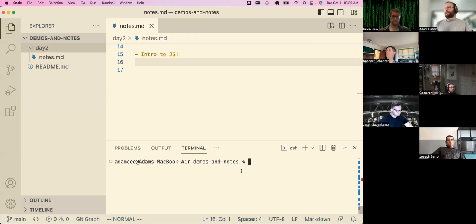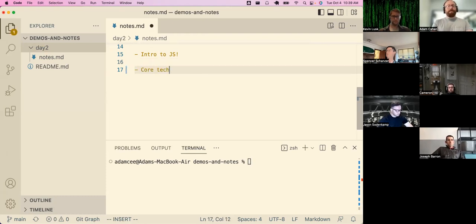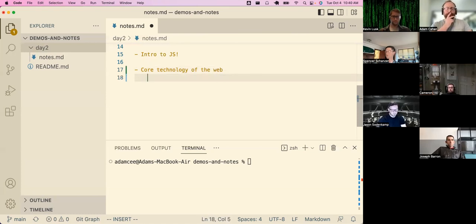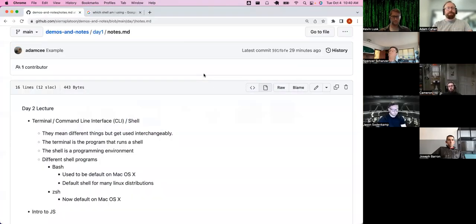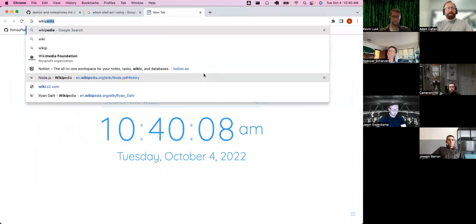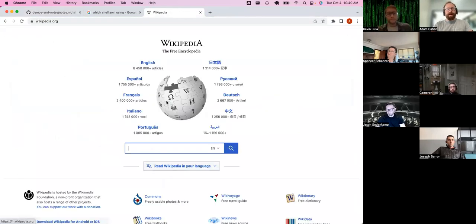All right, let me dive into JavaScript. JavaScript is one of the core technologies of the web, as you folks know. It was created by someone named Brendan Eich when he worked at Netscape in 1995. And it was created because back in the day, if I go to Wikipedia, which is a good example, back in the 90s,